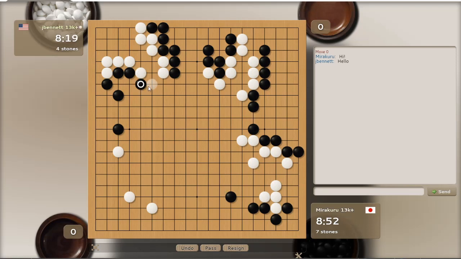So a double Hane here is possible, right? If he cuts, I protect. He can't extend. He's got to come back and protect over here, and then I can capture that stone or this one. This is a double Hane right here. Okay, so he just goes there. Oops, I almost clicked there. So when he shields that way,